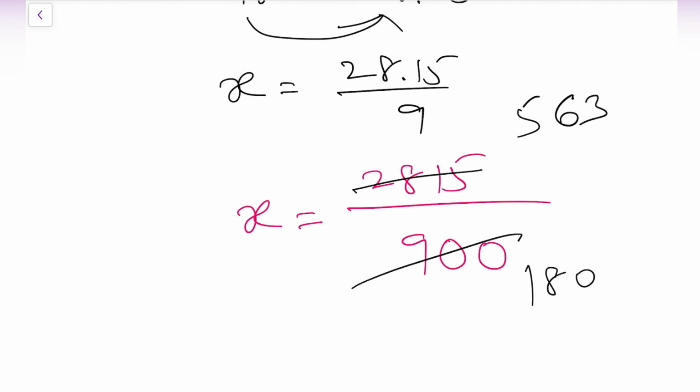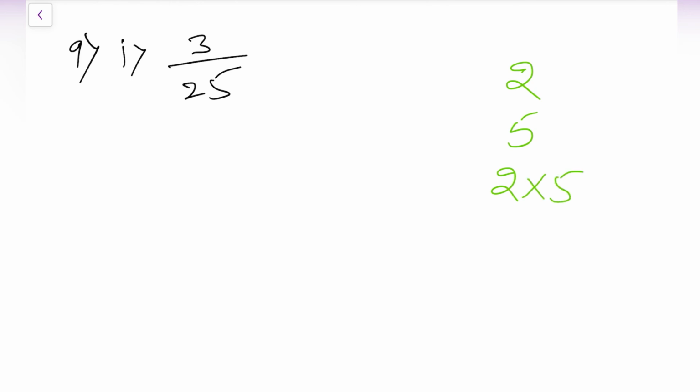Now let us move to the last bit in this exercise. Very interesting bit this is. 3 divided by 25 is there. The question is: without division, find which are terminating and which are non-terminating repeating. In the denominator, after simplifying, if we have only 2, or only 5, or 2 into 5, then we can say that those are terminating. Except these numbers, if any other numbers are there, those are non-terminating repeating.